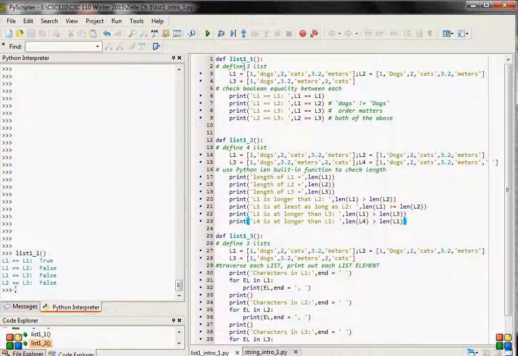So list one under bar one defines three lists as you see. L1, which has 6 elements. L2, which has 6 elements. And L3, which has 6 elements. So they all have the same length in this case. One of the nice features of lists is you can mix data types. So I have an int and a string and a float in this first one, and in fact